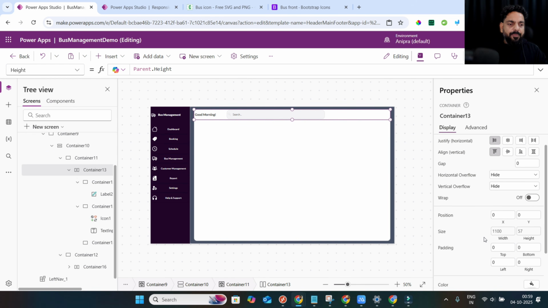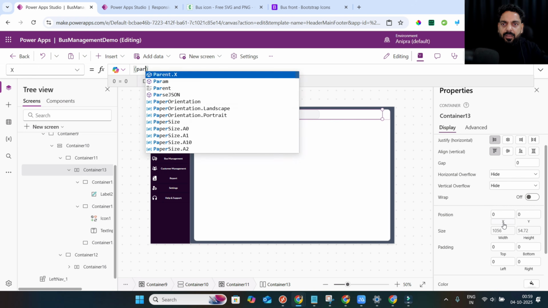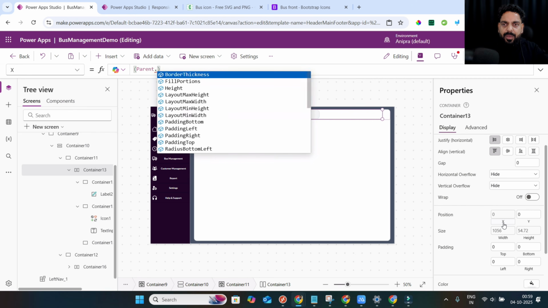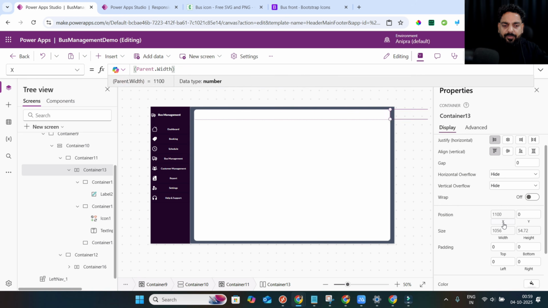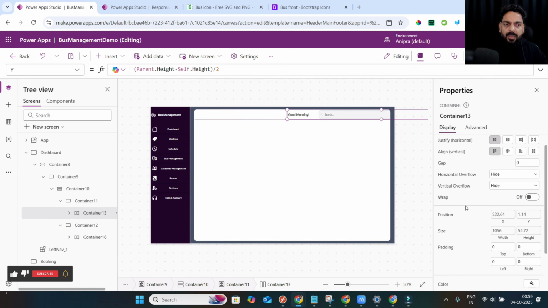So for this container, parent.height I will make it 96%, and again parent.height I will make 96%, and then x, we want this container content should be into the center, divide by 2, and height parent.height minus self.height divide by 2. Similarly for this container also, y I can make it parent.height minus self.height divide by 2,